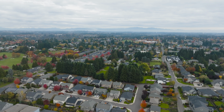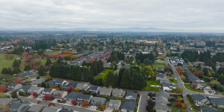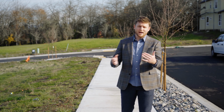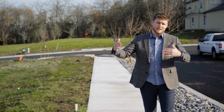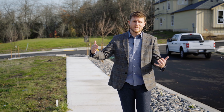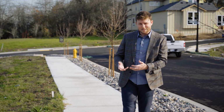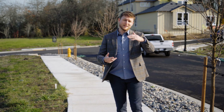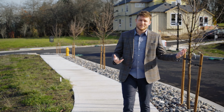So Felida is tucked in right with the Columbia River and Vancouver Lake to the west. On the east side, you've got I-205. On the north, you start to run into Ridgefield, and then on the south, you have downtown Vancouver. And so you're surrounded by the accessibility on the freeway. You've got all of the beauty of the Columbia River Valley, and then of course the local feel of downtown